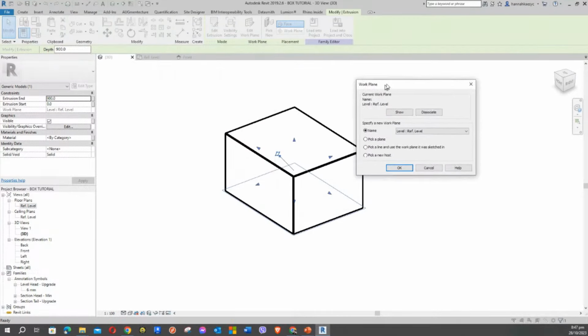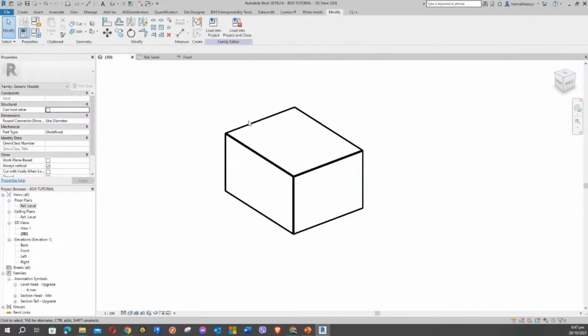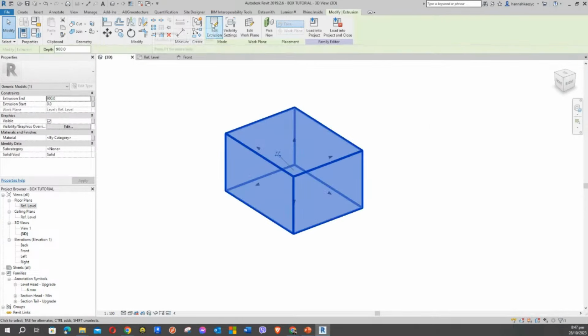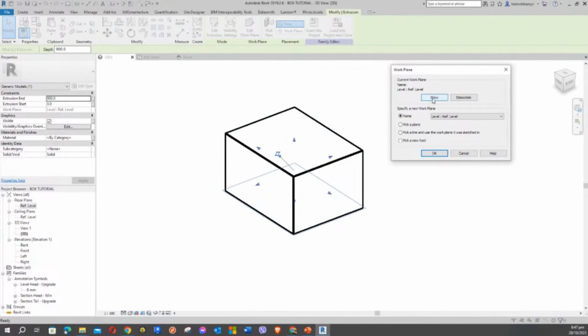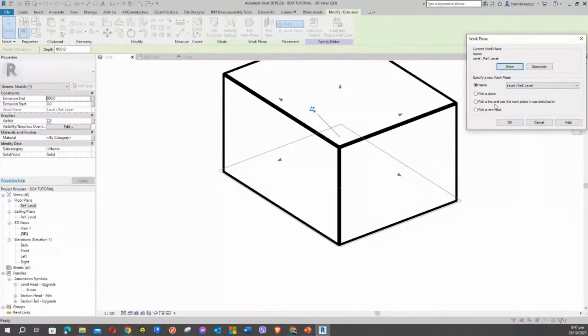Okay. So if I'm doing this, selecting the object and editing the work plane, it means that I'm editing the work plane, which is the base of my box. And if I click show, yeah, as you can see, that is the reference work plane